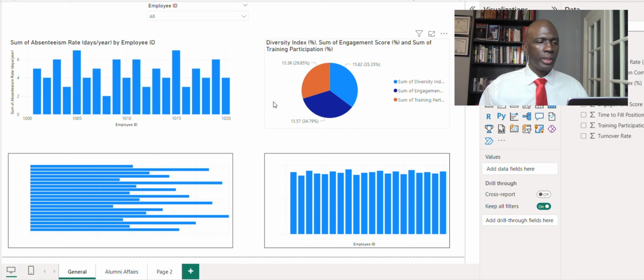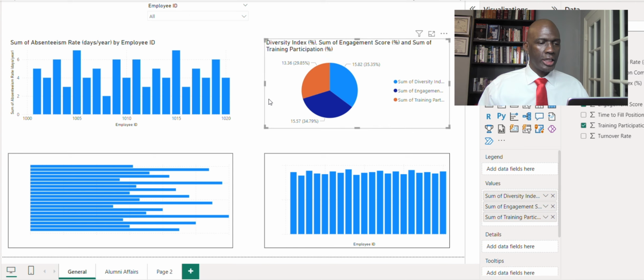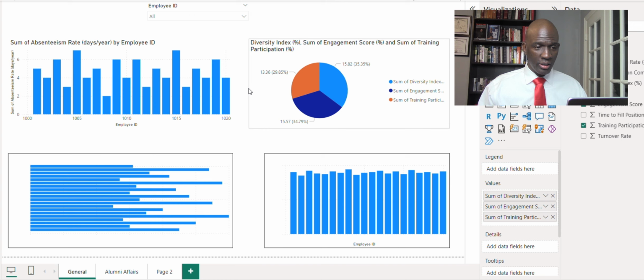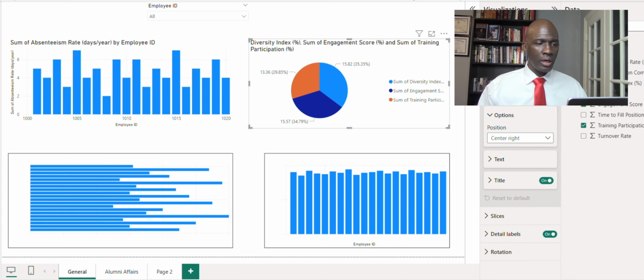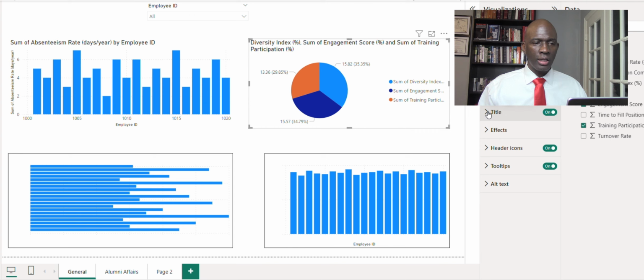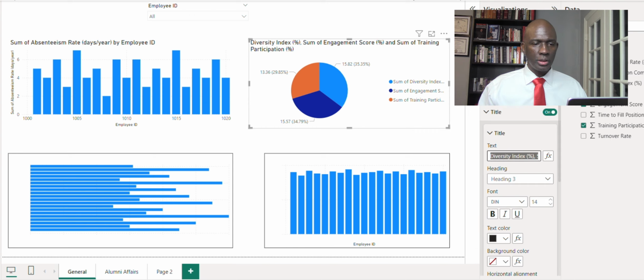We see that we're measuring diversity index percentage, sum of engagement score, and sum of training participation. But if we look here in the legend, we already see we have all of that information. So let's not duplicate what we're trying to show. Let's take that title out because